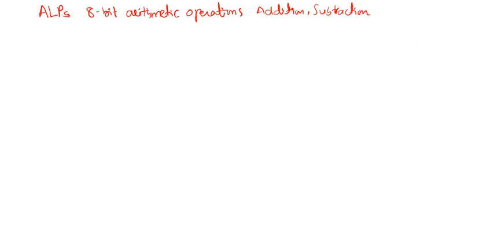In this video, I am going to explain the assembly language programs for 8-bit arithmetic operations such as addition and subtraction. So the first statement in ALP, that is assembly language program, starts with the assume assembly directive to give the names for the code segment. The names I am using are code, and for the data segment I am using data. So these are the names we are assuming for the code and data segments.